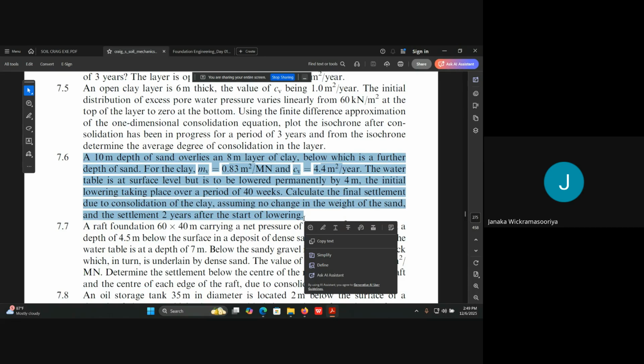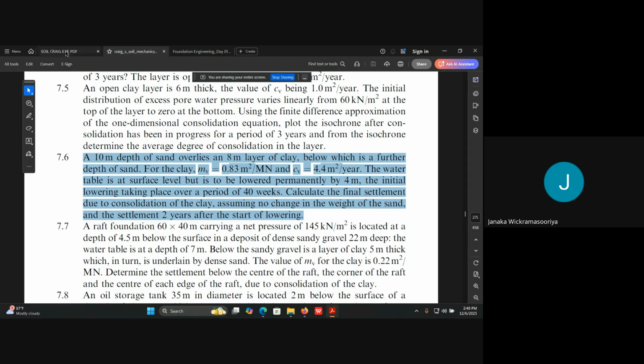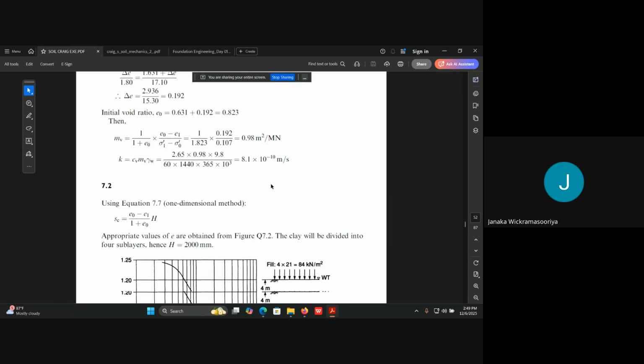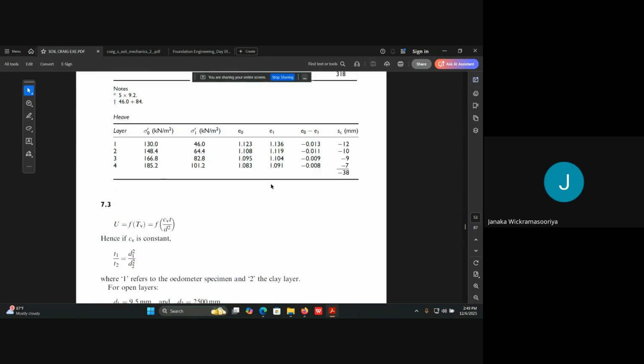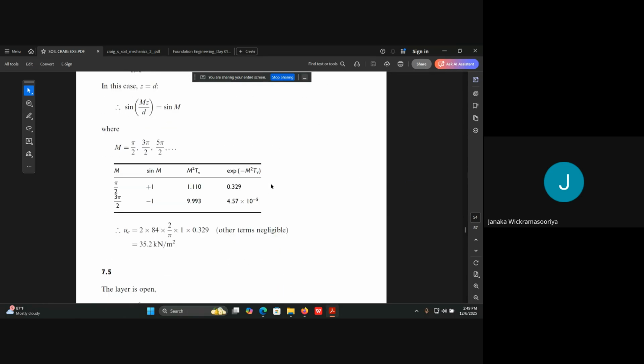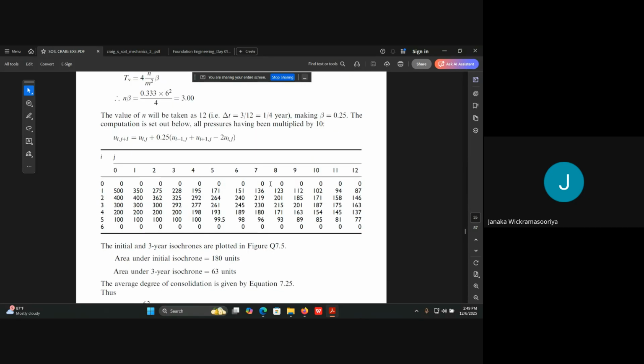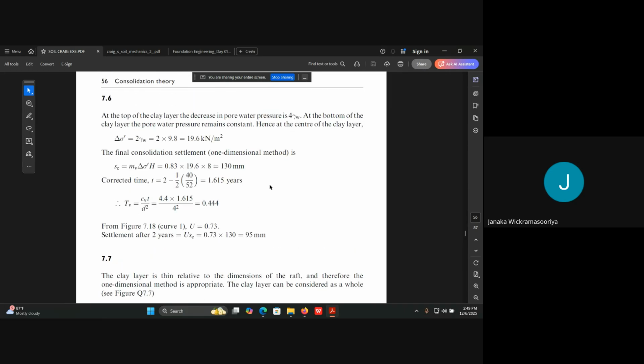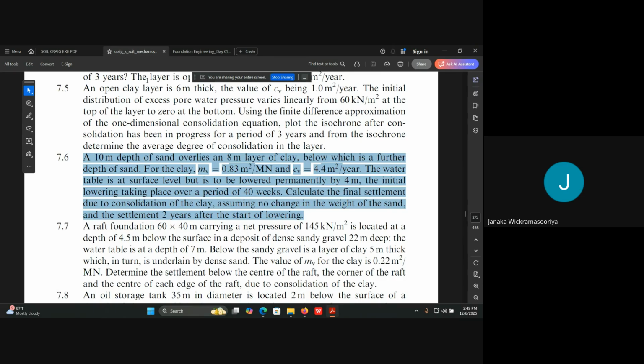So first thing that we have to do is draw a figure, 10 meter depth and overlies and so on. So what you can do is draw a figure and then you can determine